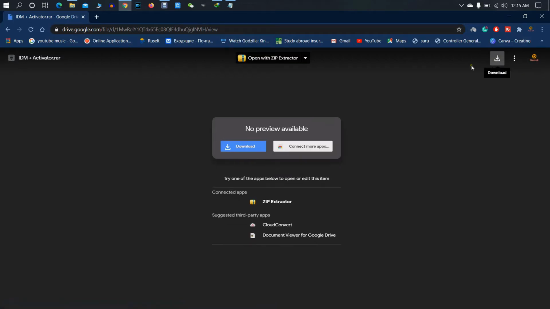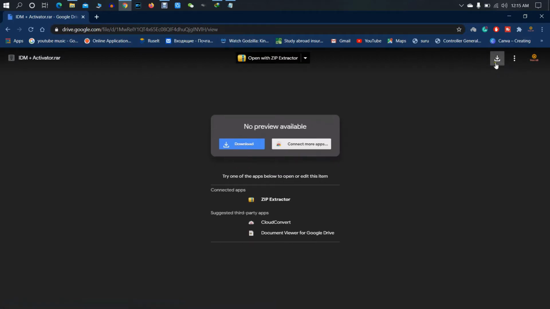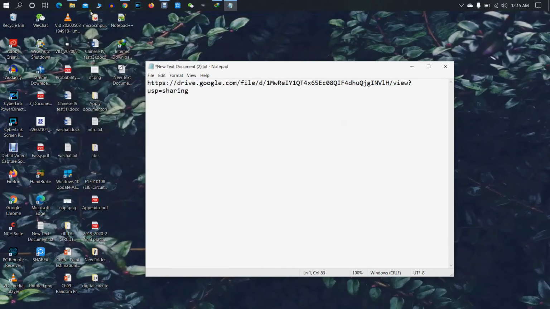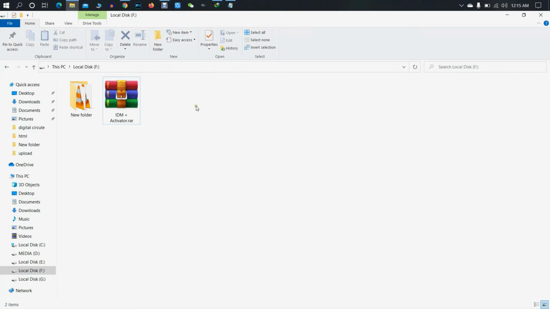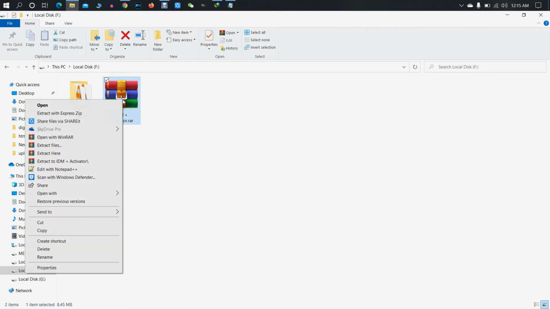Then you can get a Google Drive link, and you can also download it easily in here. And when you download it, you can go to your file. I don't need to download it, I already downloaded it in here, and you can see. So at first you need to extract here,